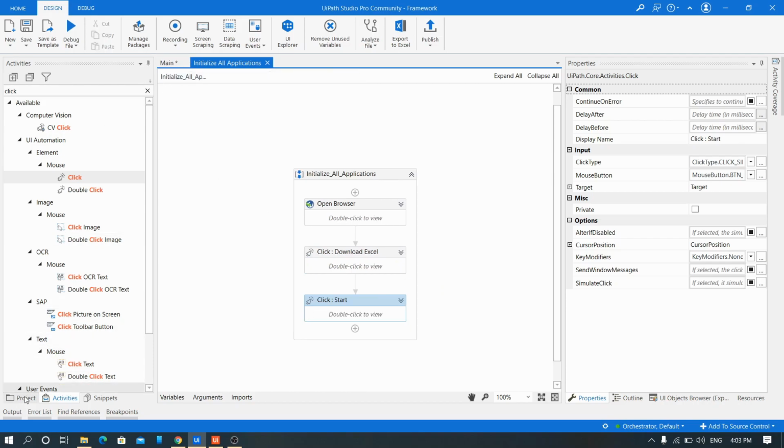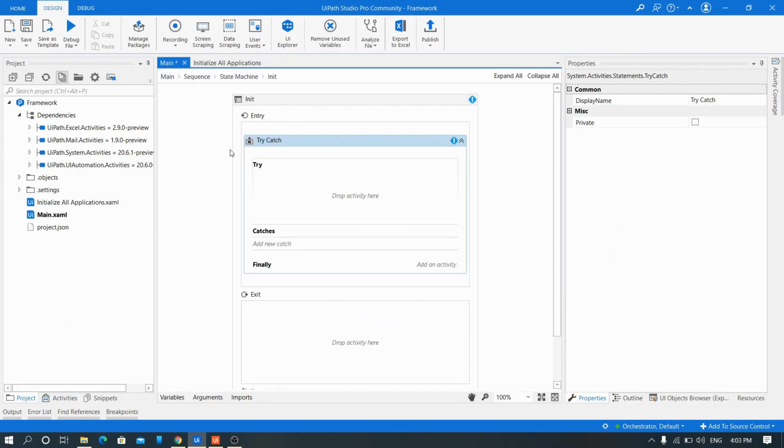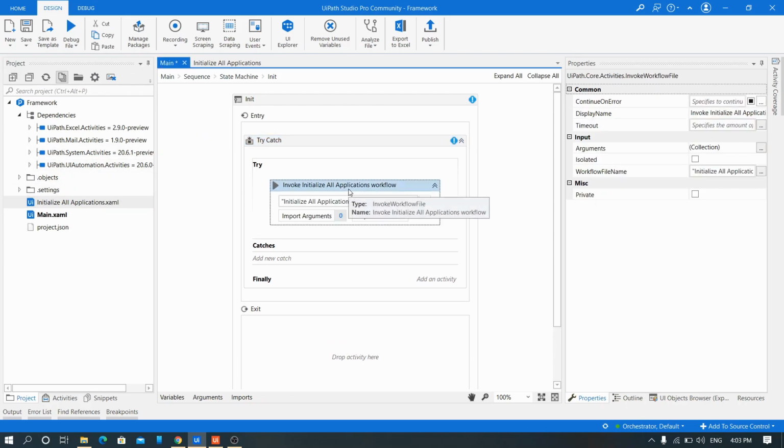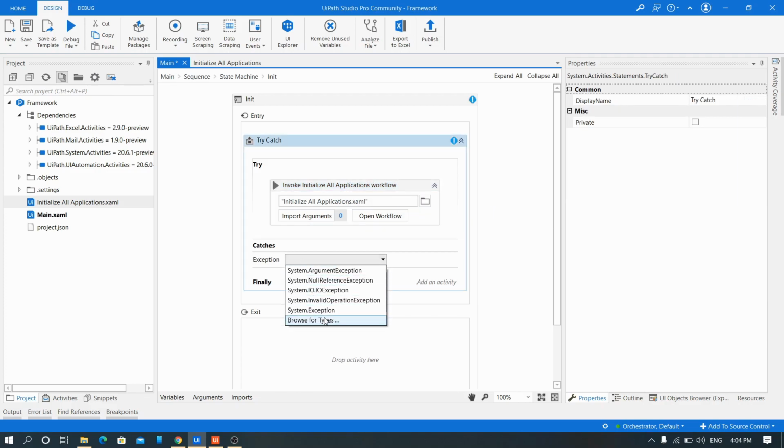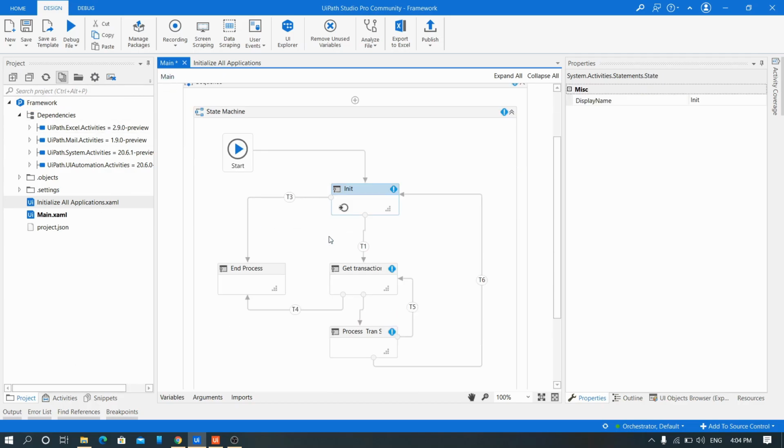Okay. So now we have init all applications. So what we'll do is init all applications and drop it. We'll add a new catch saying that let's handle system exception. In this exception, what we'll do, we'll raise a flag. Why flag? If you know here, all these are the trigger points.